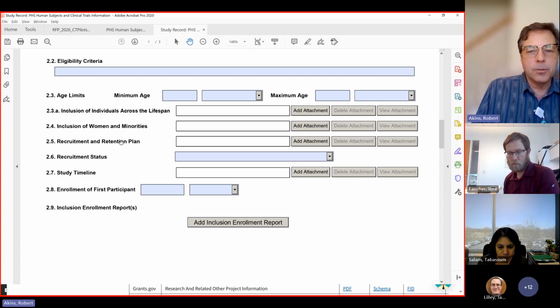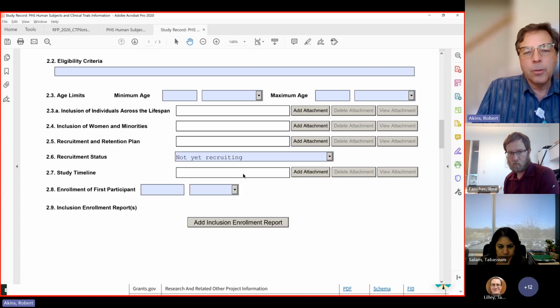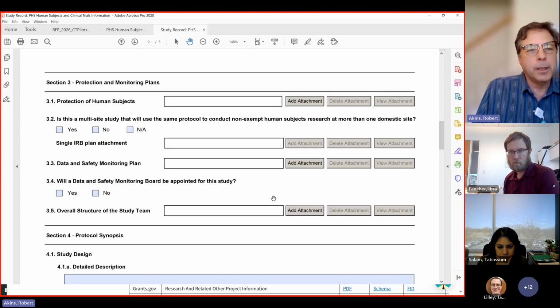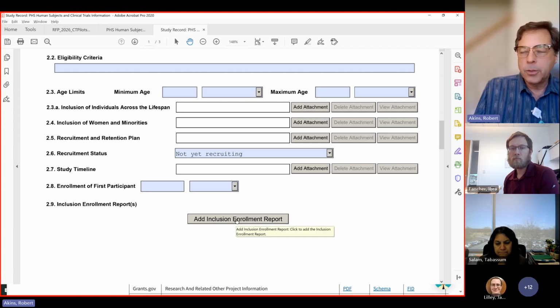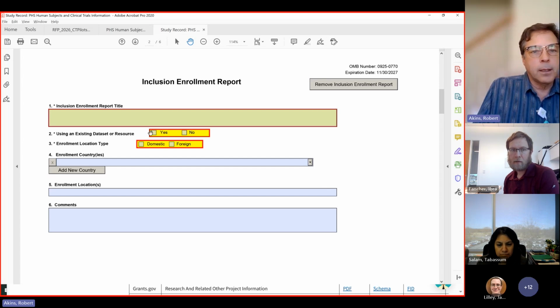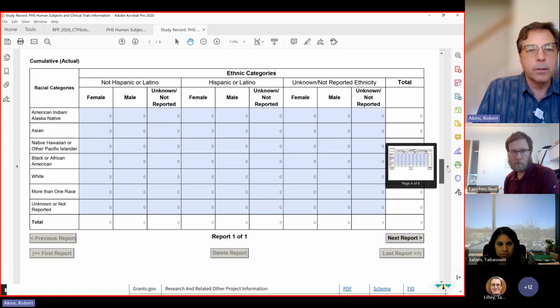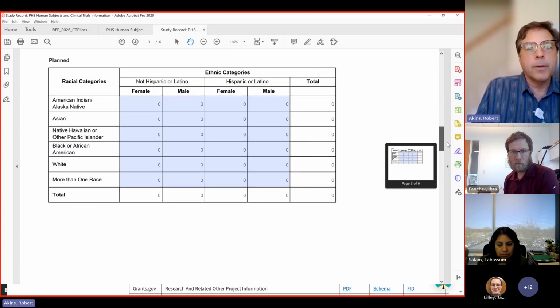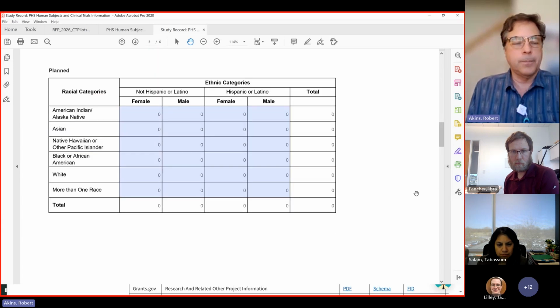Your recruitment and retention plan is just whether or not you've started yet. These will all be not yet recruiting, with a timeline of when you plan on enrolling your first subject. And then this thing called an inclusion enrollment report. I couldn't remember if I had to fill things out. Oh shoot! But to get this to generate, you have to